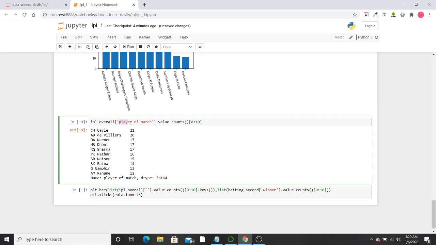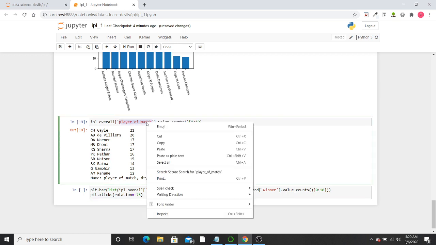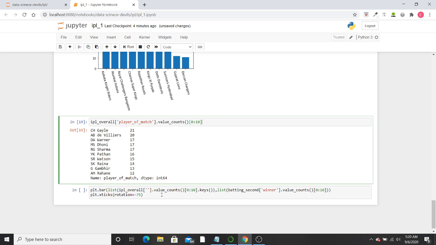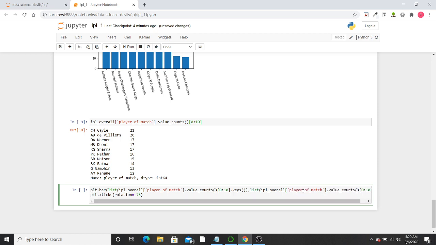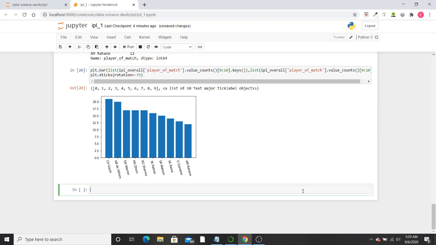We need this. And there's also IPL underscore overall. Control V. Shift enter.